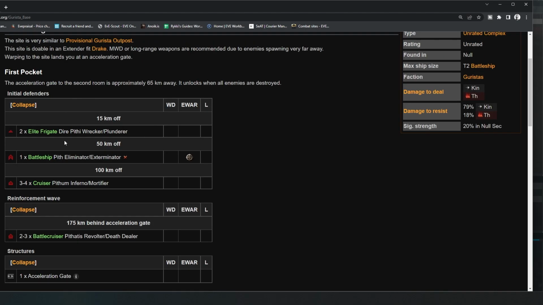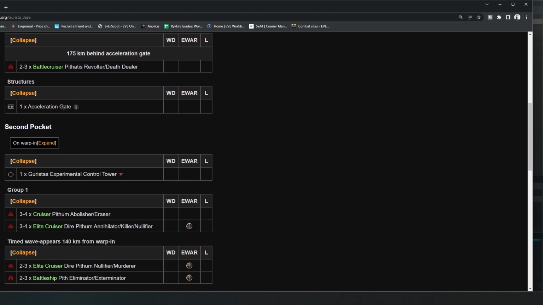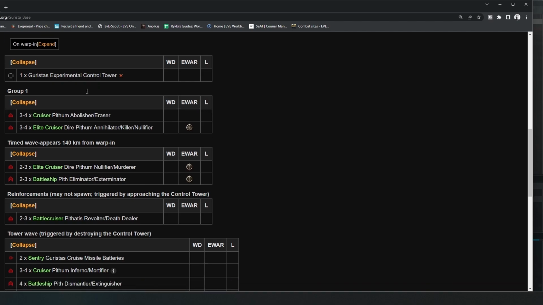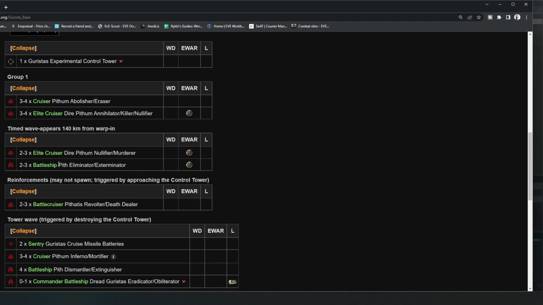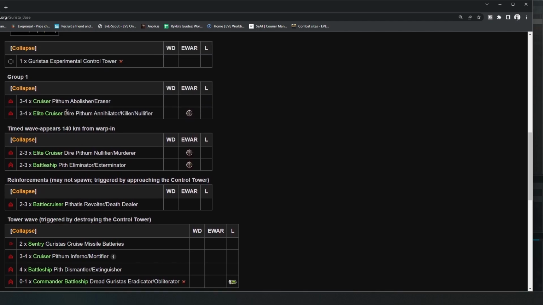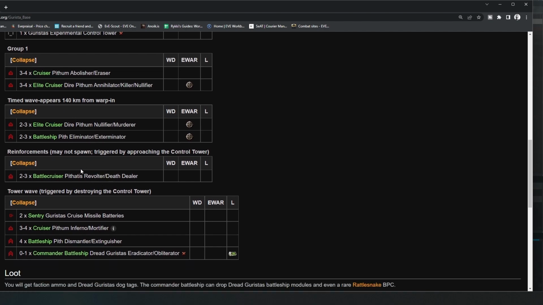Once you kill everything in pocket 1, the acceleration gate will unlock, and you'll be able to go into pocket 2. And then in pocket 2, you're basically going to have a control tower, which I usually save for last. You'll have 3 or 4 groups here. So what we're going to end up doing is taking down group 1, and then we're going to have a timed wave that appears. We're going to take them down, and then we'll have the reinforcement wave